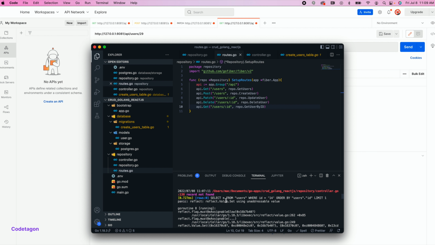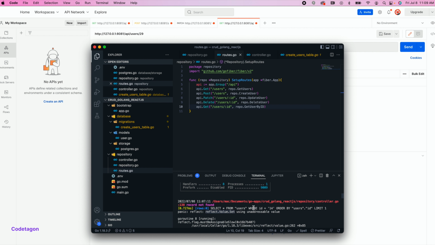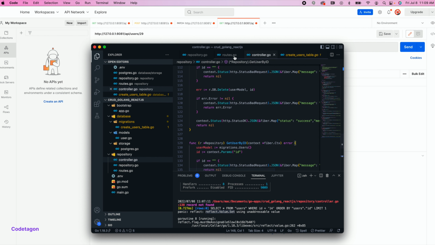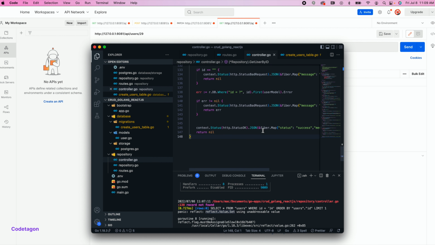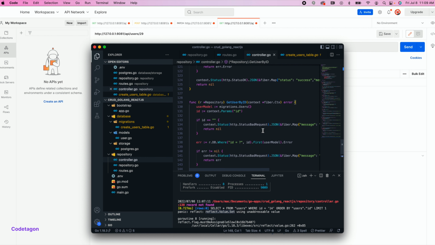Unaddressable value. The dialog is gone. Okay, select from user where ID is got 14 by users. Okay, so using unaddressable value, what is wrong? Get user by ID. We have the